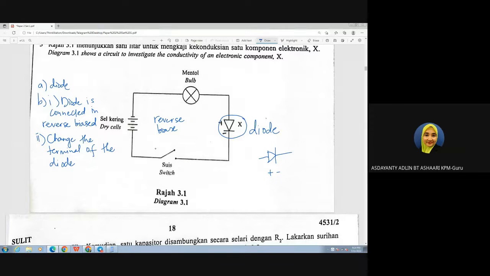Diagram 3.2 shows a full wave rectification. So to remind you back, we have half wave rectification and full wave rectification. Kalau one diode only, half wave rectification. 4 diodes connected, full wave rectification. Okay, so a circuit that consists of 4 component X which are connected to an alternating current supply and a cathode ray oscilloscope. When the CRO is switched on, the trace on the CRO is as shown. So on diagram 3.2, complete the circuit by drawing the component X in box A. Okay, so in box A,